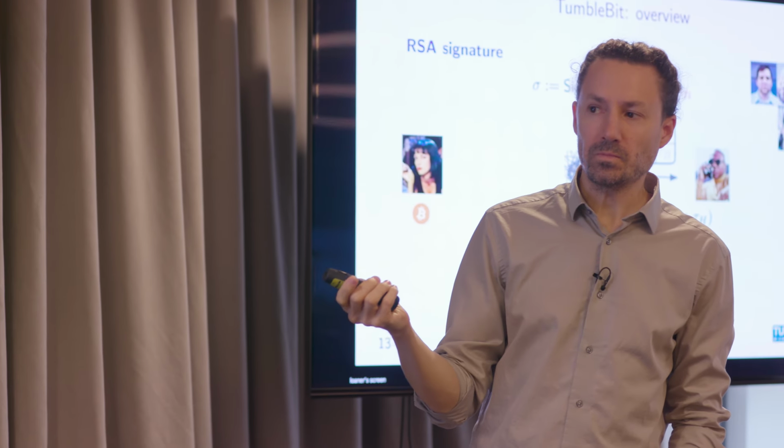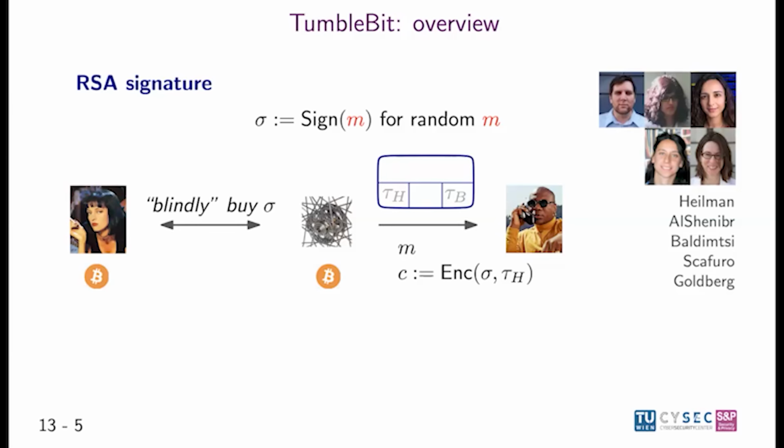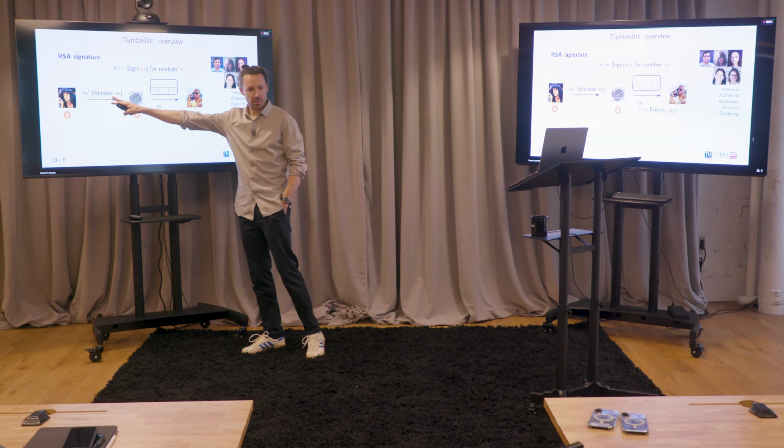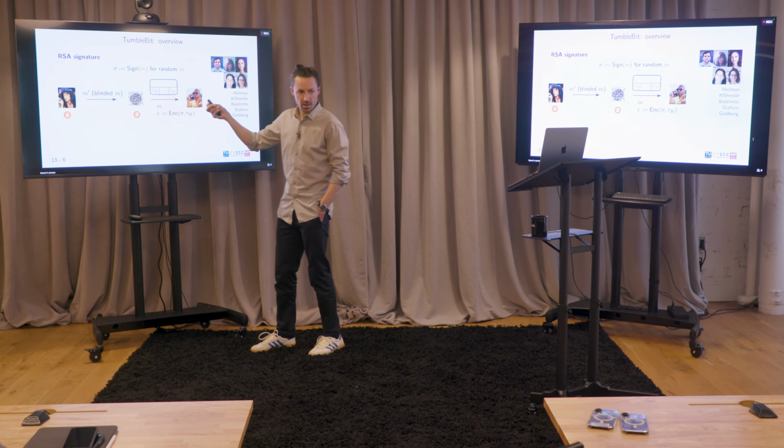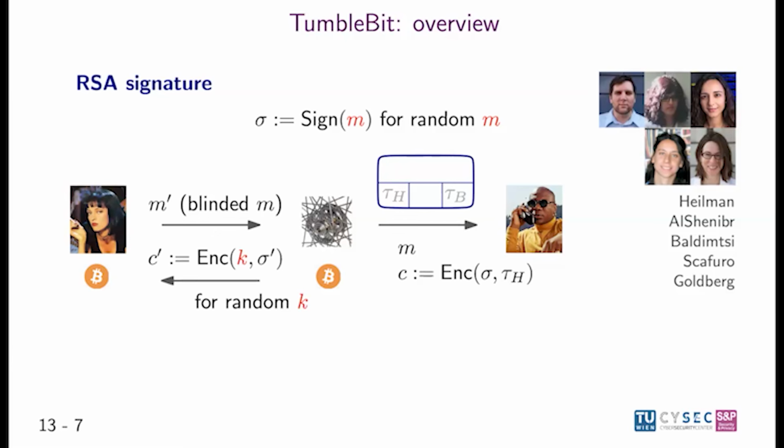Here's how Alice can blindly buy a signature using very similar tricks. She sends the blinded message M prime, and now the payment hub can produce sigma prime from it using its secret key. It won't send it, because Alice could just give it to Bob, and then the payment hub loses the money. So again, they want some contingent mechanism. Instead of sending sigma prime to Alice, the payment hub encrypts it under some random key.